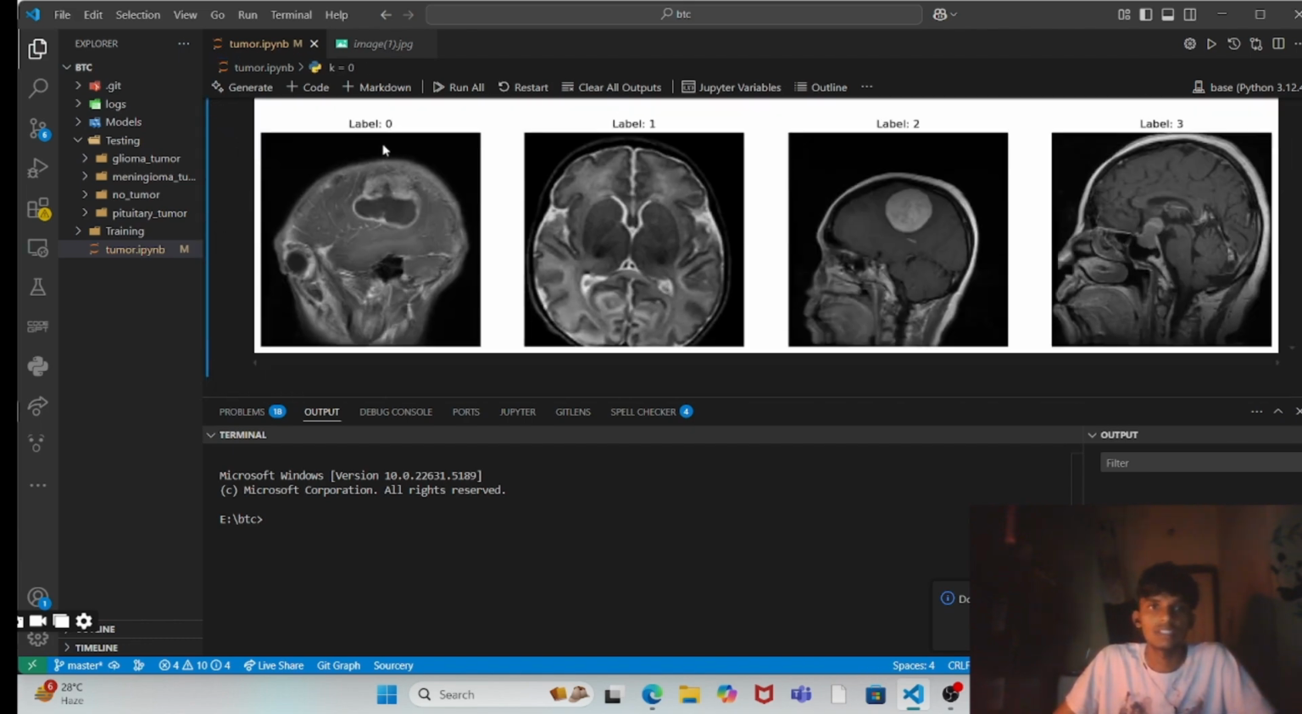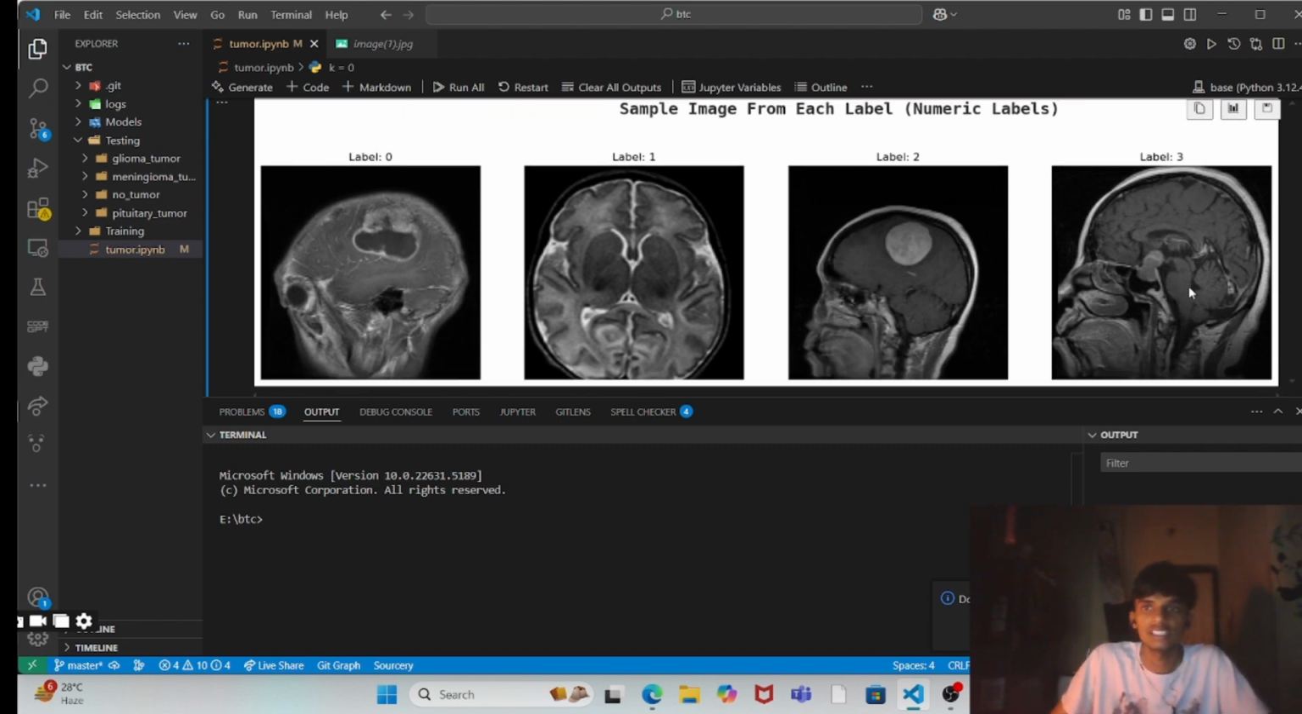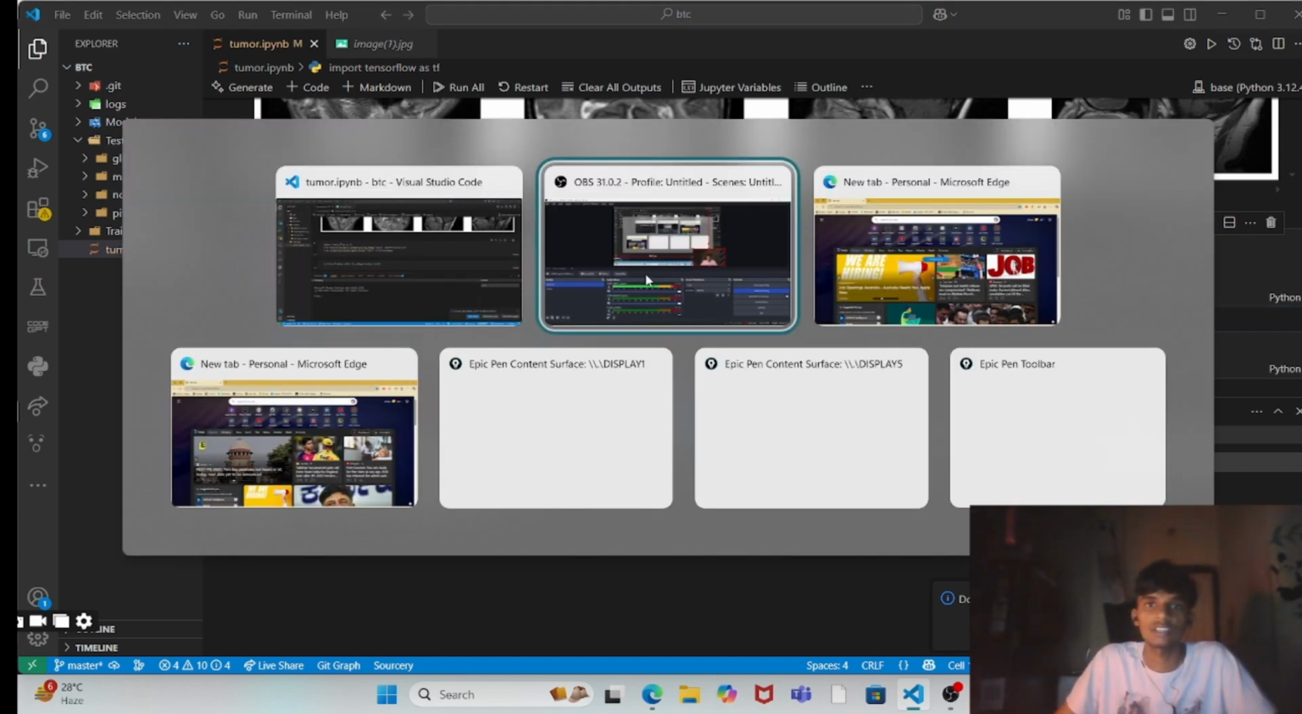You can see that label 0 is set for glioma tumor, label 1 set for no tumor, label 2 set for meningioma tumor, which is at the side of the brain. And label 3 is a pituitary tumor, which is inside these two parts of the brain. Now we load the model, and we are using the EfficientNet B0 model, which is already pre-trained on millions of images. Let's understand